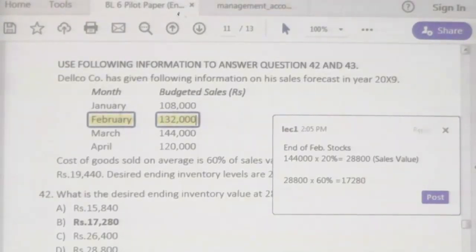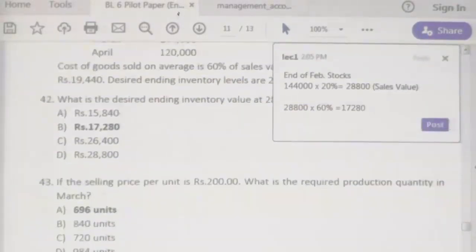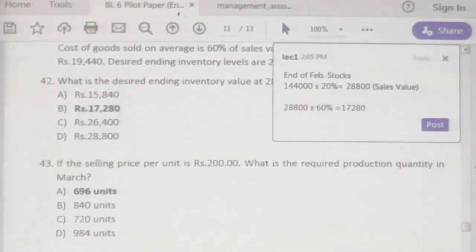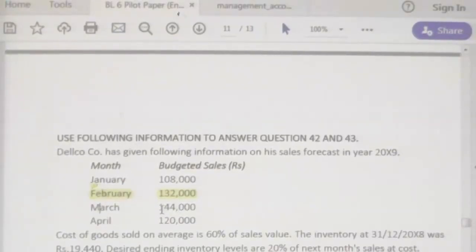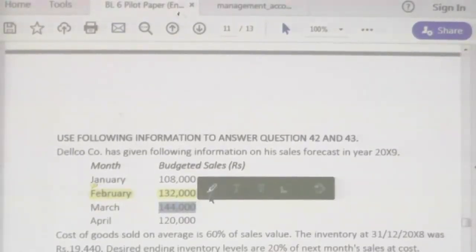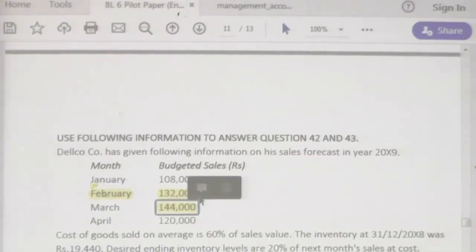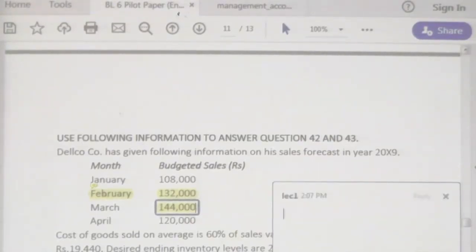Now let's see the second question. If the selling price per unit is 200 rupees, what is the required production quantity in March? If the selling price is 200, what is the production quantity in March? Let's take March now. What is the production quantity in March? March production quantity consists of,